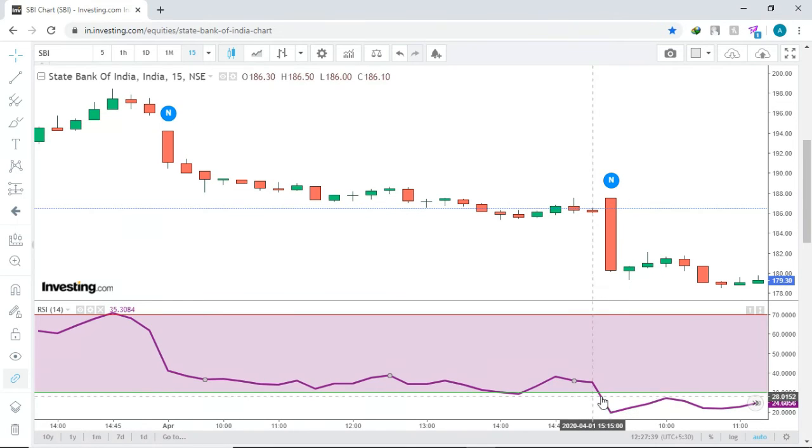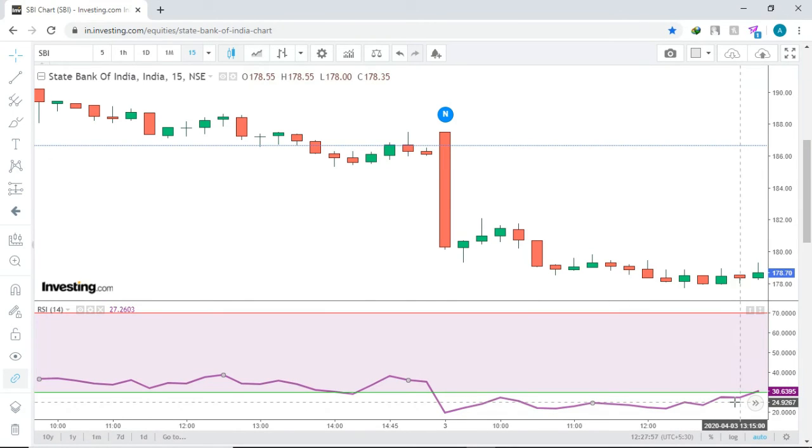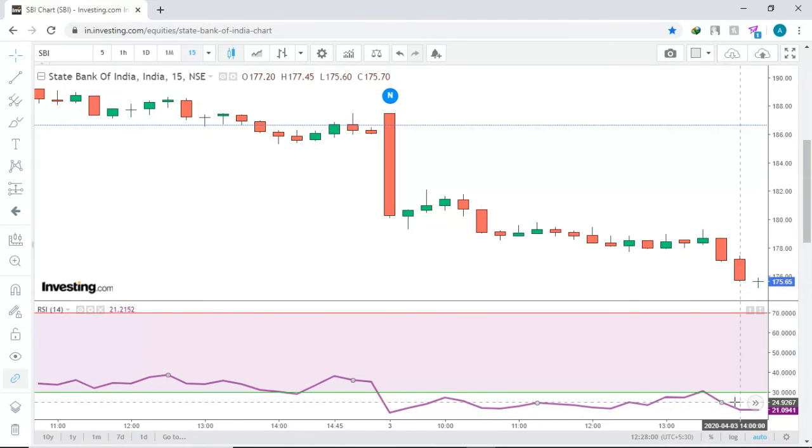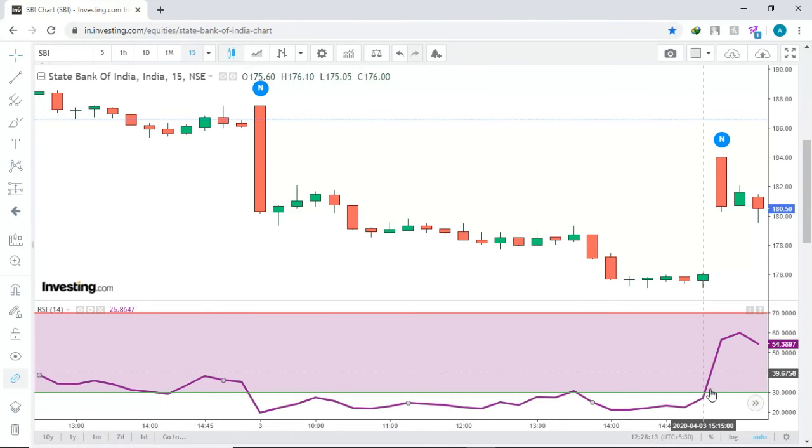In the same way, as soon as it was oversold, you have to not take a trade in a hurry. You have to just wait for the RSI to show you some strength so that you can get into the market. If you see this point, it was completely in an oversold condition. It was in a negative market. So at this point of time, you have to never take a trade. And if you see even further, at this point the stock has slightly shown you a positive sign. It has shown you some strength. At this point, you will be buying the shares of a company as soon as it shows some strength.